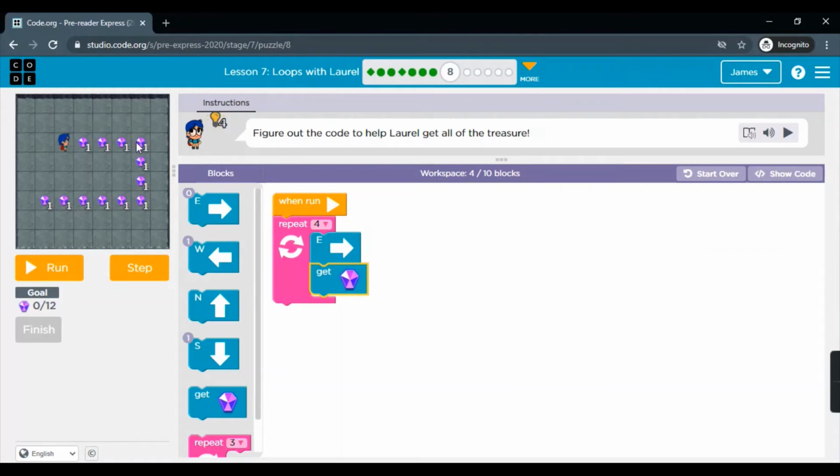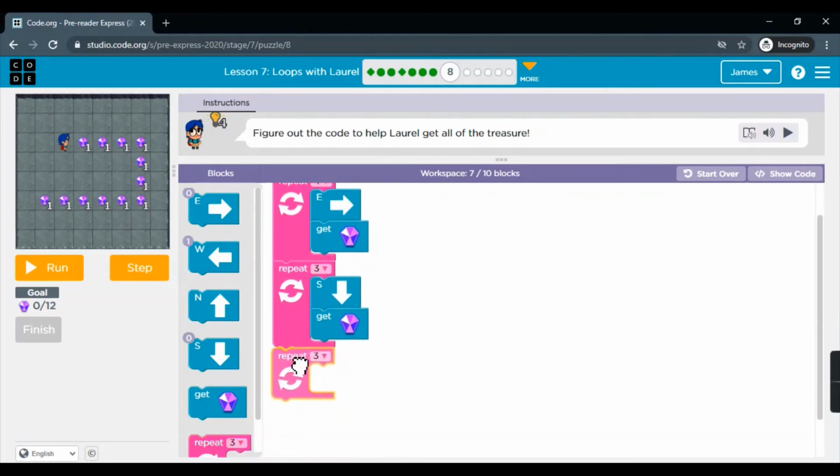So after Laurel reaches here, 1, 2, 3, 3 times south. And once he reaches here, 1, 2, 3, 4, 5, 5 times west direction. Okay. And get block.